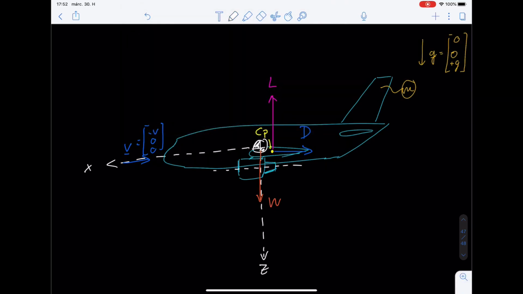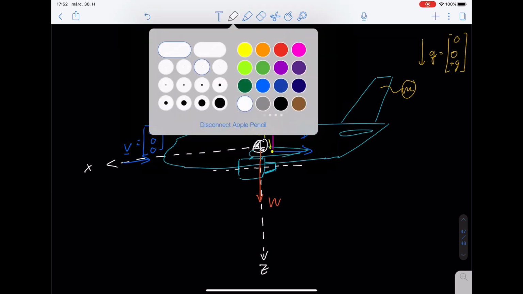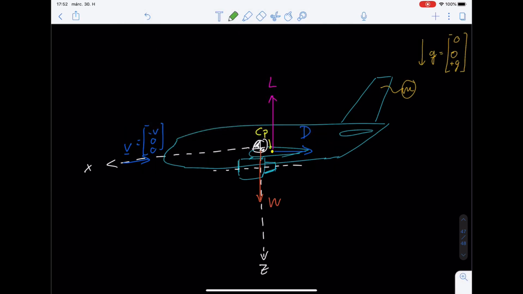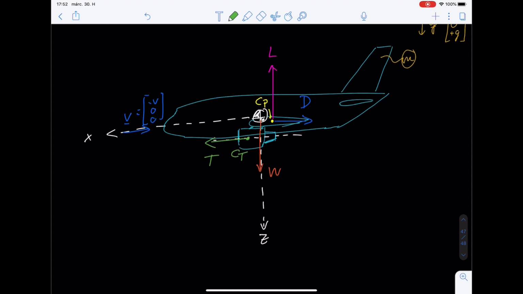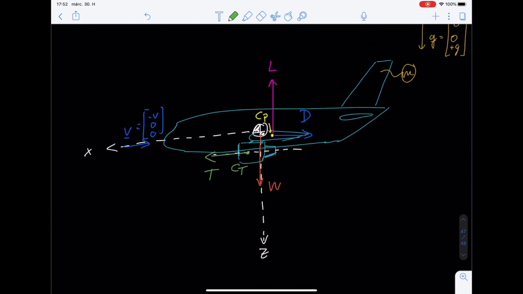And also we're going to have the thrust force, which is going to act in the center of thrust along the axis of symmetry of the engine. Okay, so as you can see, in reality,